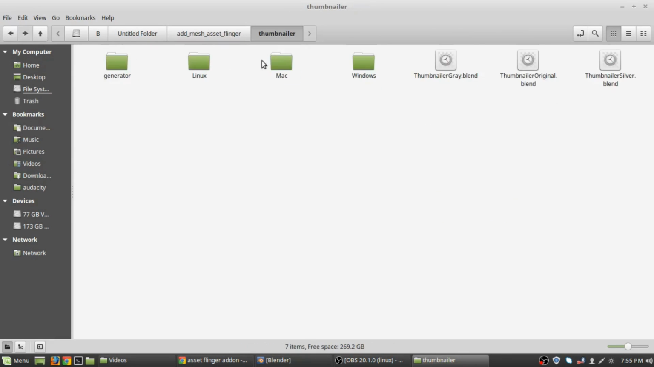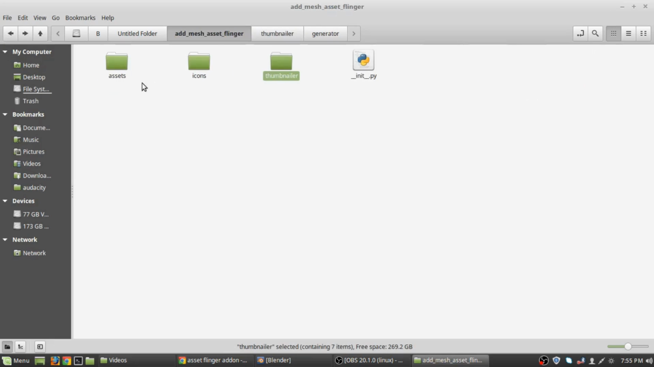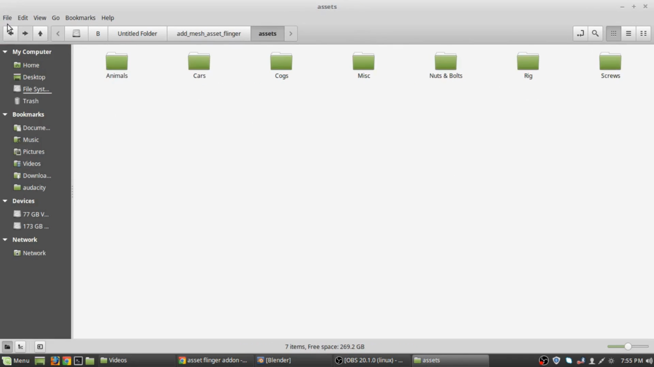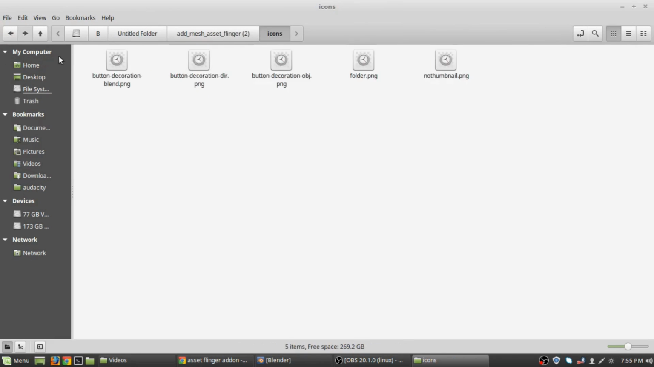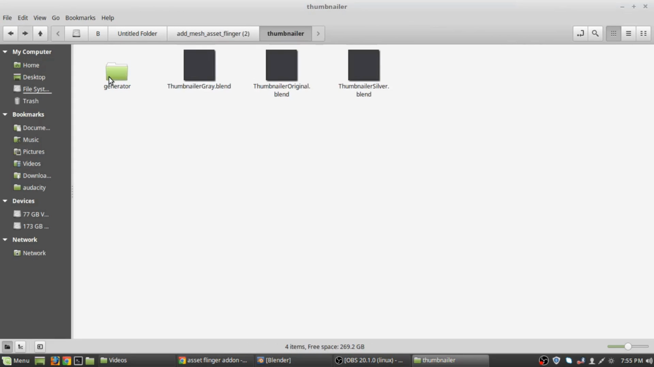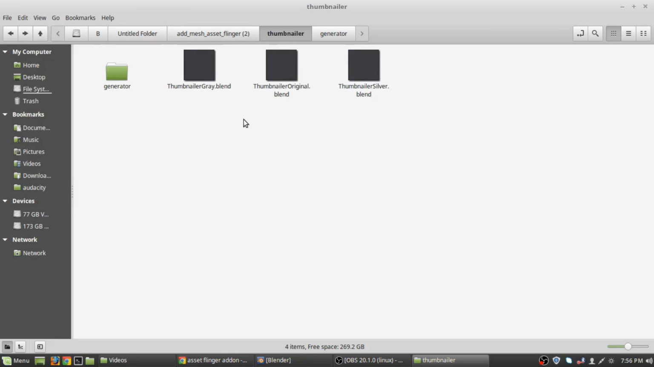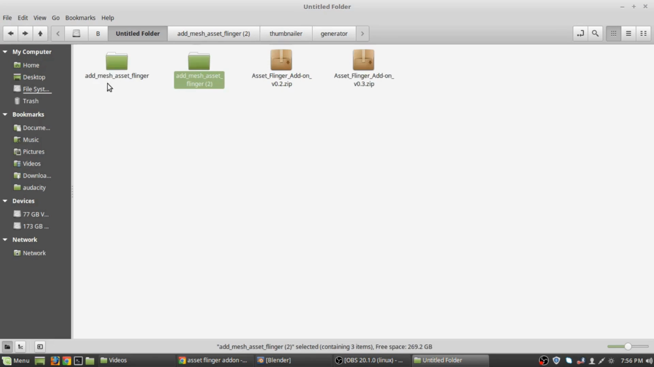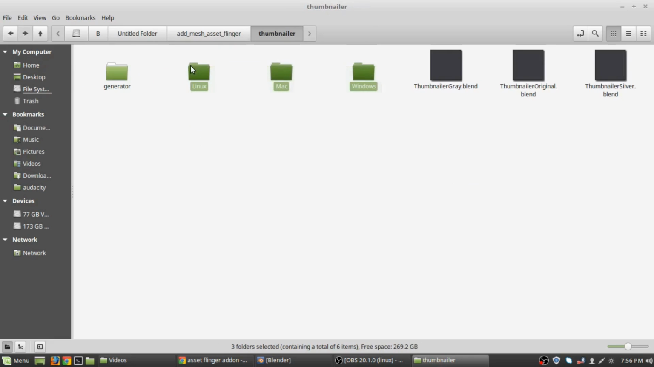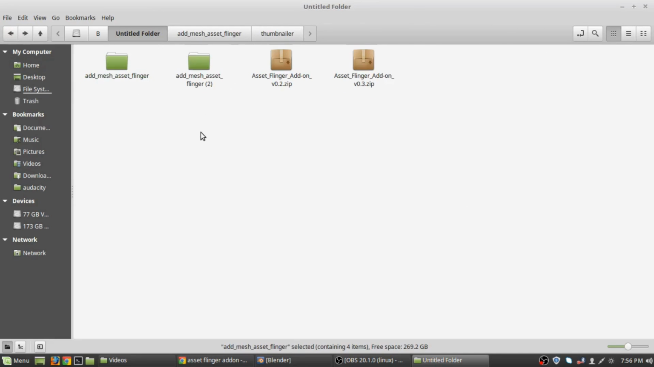Okay, thumbnail generator, icons, and if you come here, icons, the same, thumbnail generator. All you have to do is delete all the folders except these files and this folder. So go back and just do it. Thumbnail, Mac, Windows, Linux, Shift T, and you will delete it. Now this is ready